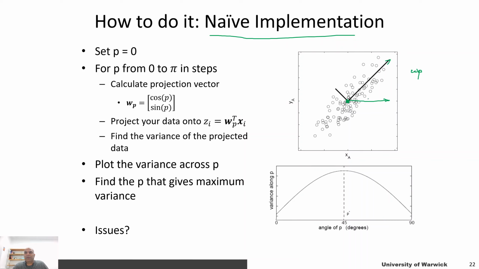And once I make this vector perpendicular, or take this vector along this direction, then I'm essentially going to drop everything along the x-axis, right? And I can move through these. I can rotate this vector, and I can make those projections,